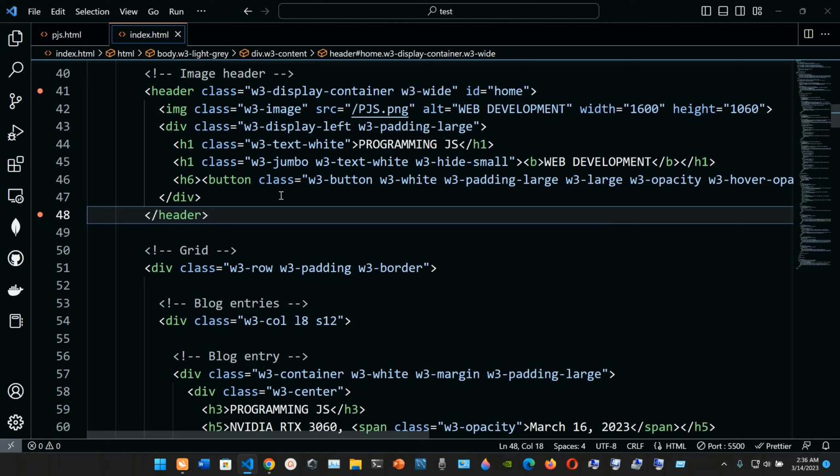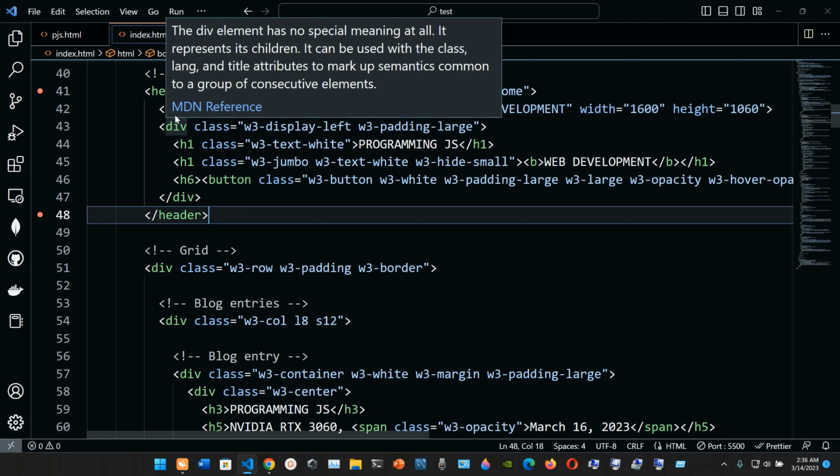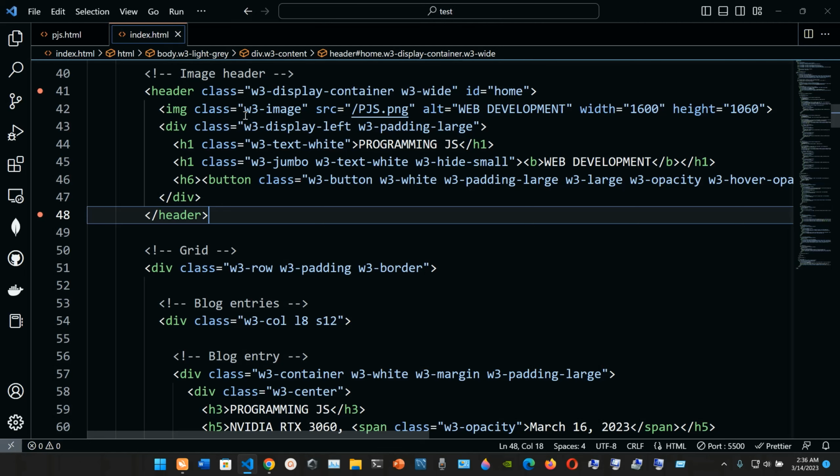So we're gonna have this header element with a class attribute of w3-display-container, w3-white, and an ID of home. So id equals double quotes, and inside the double quotes is gonna be home. This is gonna be the ID. We're gonna have the image element with a class attribute of w3-image, and the source is gonna be